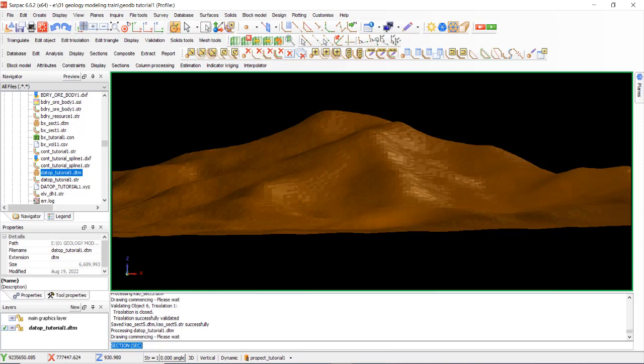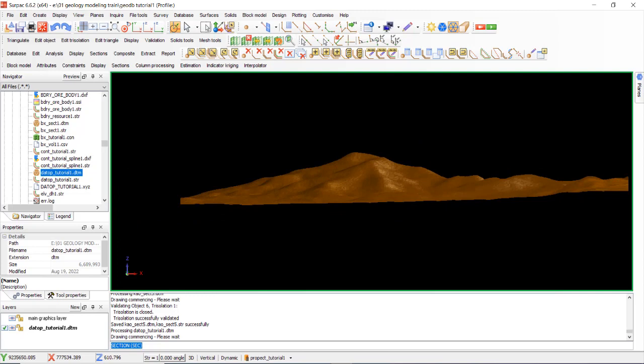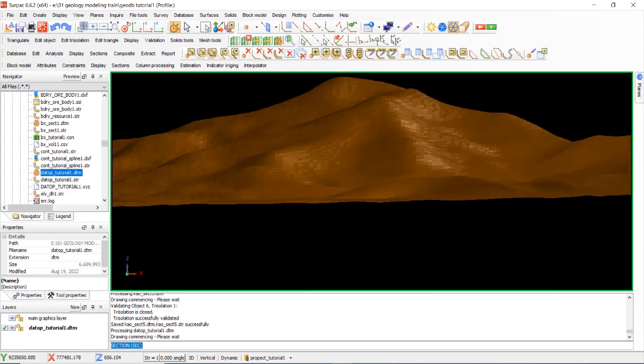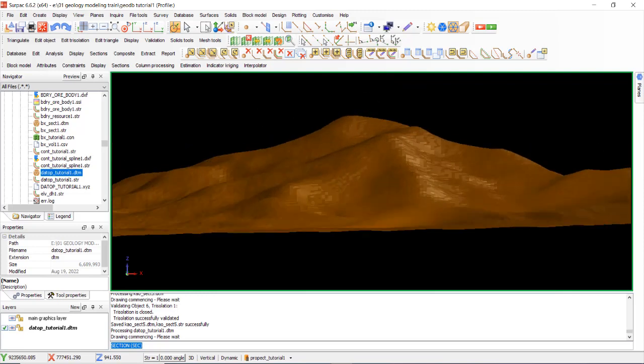Okay, try starting from 940, and the lowest is 664, but go lower than this DTM. Start from 600. Okay, 600. Okay, 600 to 940 meters. Okay.